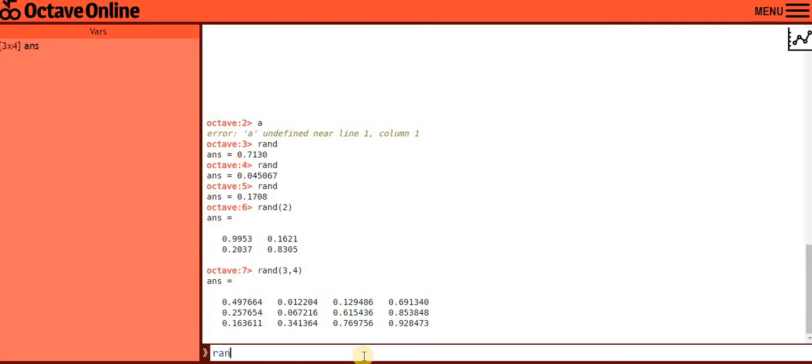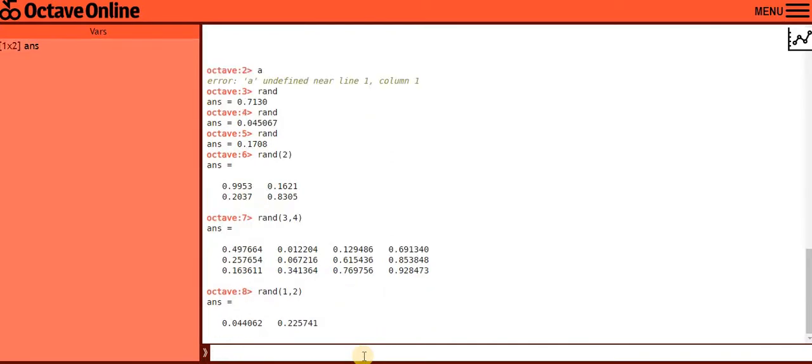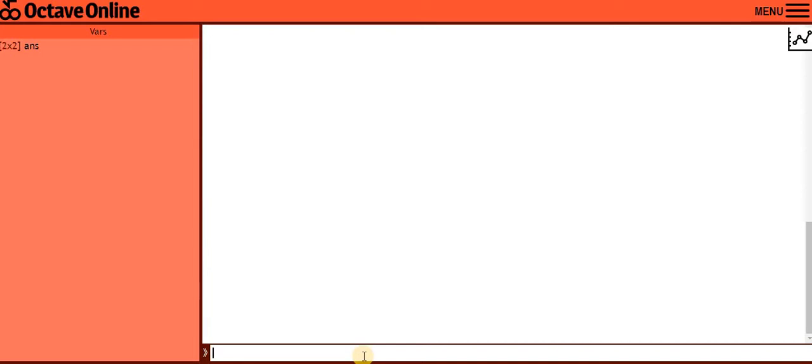So it's up to you. If I want to do, let's say, 1 cross 2, there will be the answer, right? You can create any matrix basically with the help of the rand function. So that was all related to the rand function. What we have covered until now: the rand function will give you a number between 0 and 1.